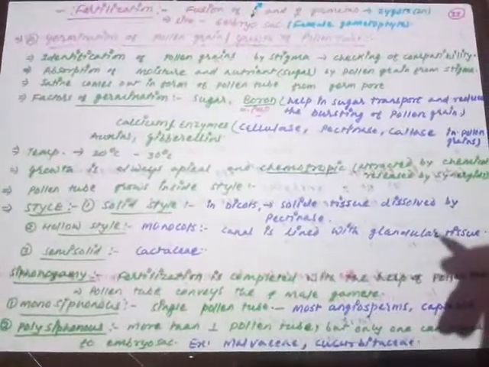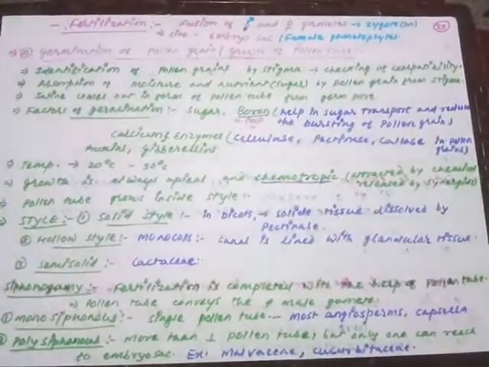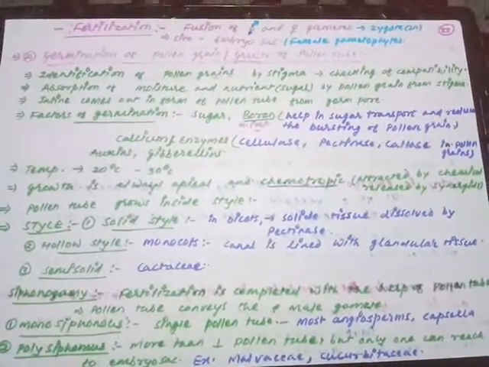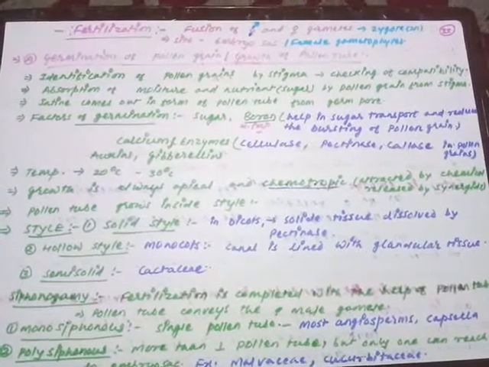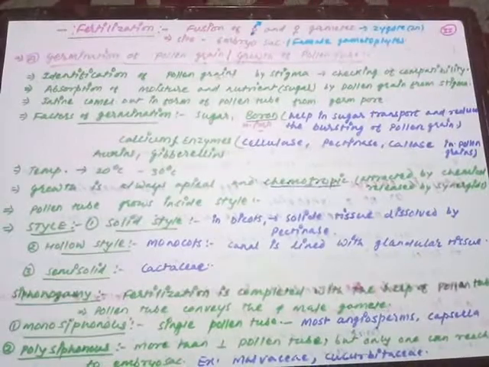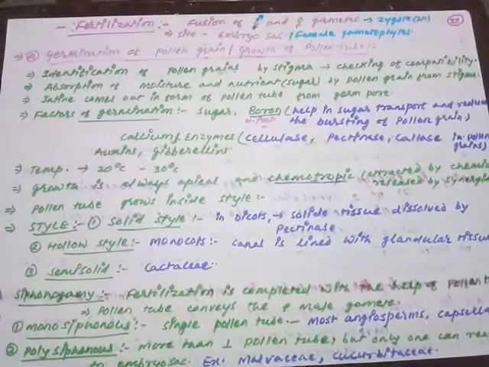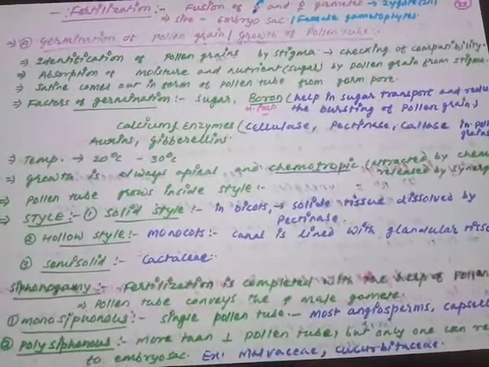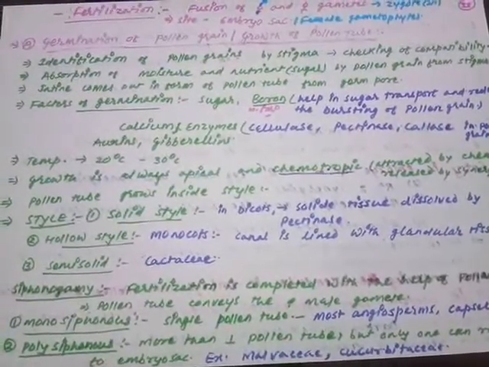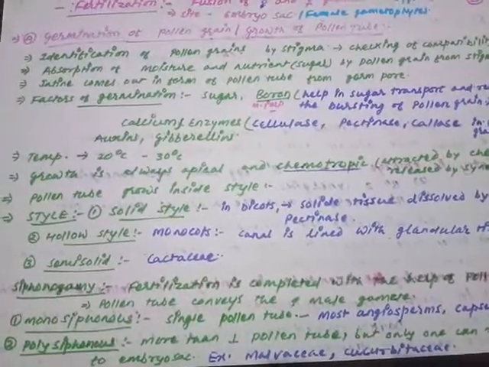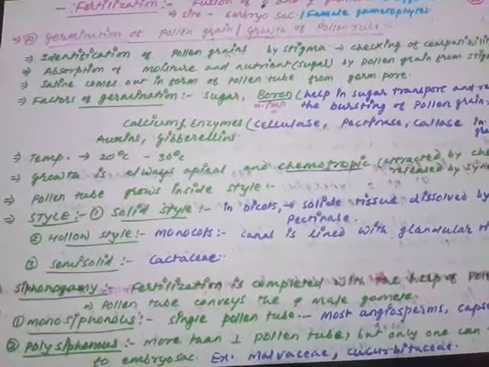I'm just going to revise once again the entire content whatever I just delivered till now. The process of fertilization is basically fusion of male and female gamete which forms the zygote, where it occurs inside the female gametophyte or the embryo sac. The first step of the fertilization is the germination of the pollen grain or growth of pollen tube. How it occurs: first of all, identification of the particular type of pollen grain, then absorption of the sugar nutrient, and then the growth of pollen tube from the intine only, that will be